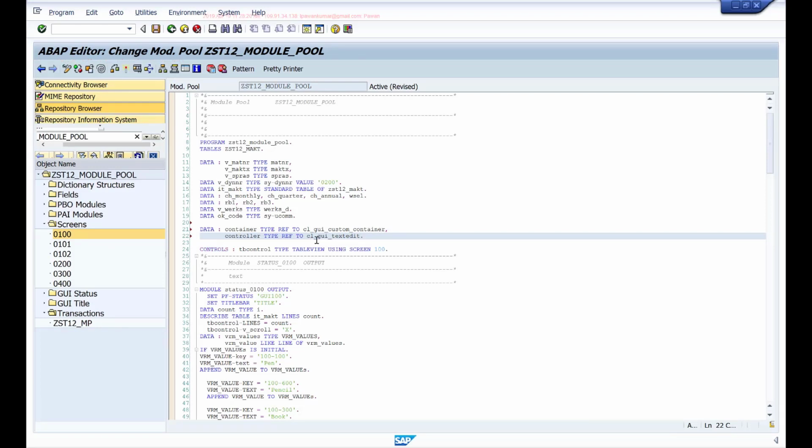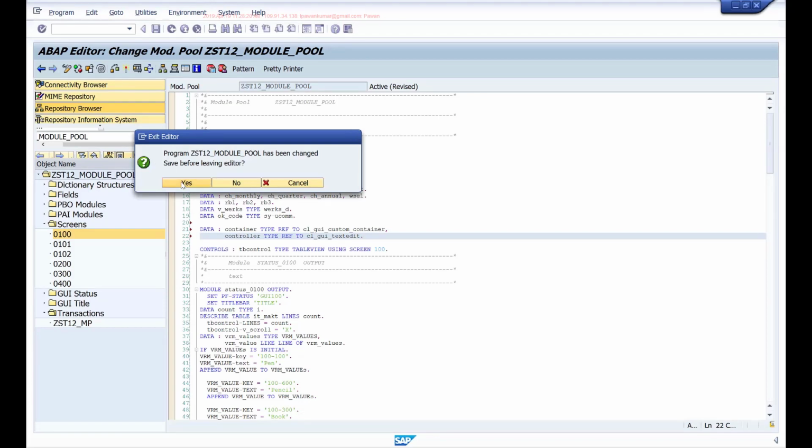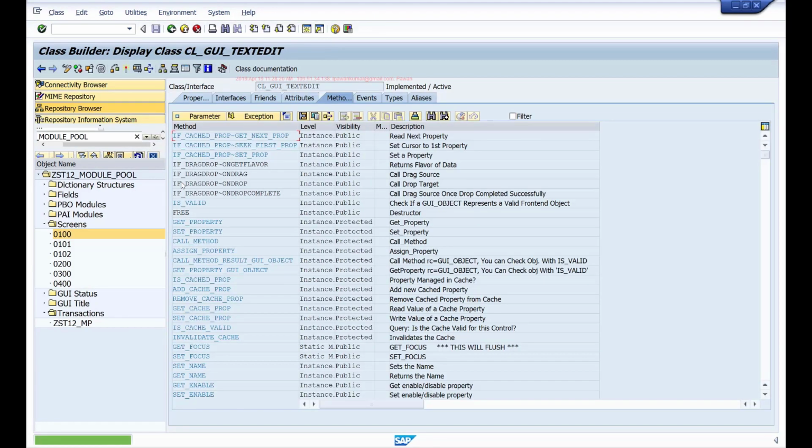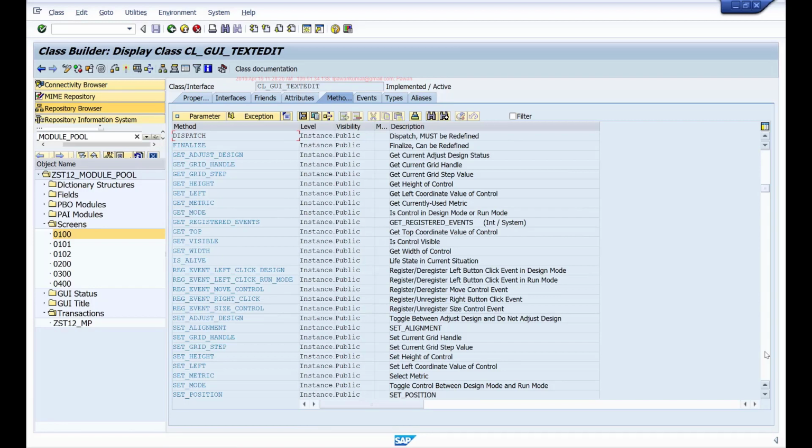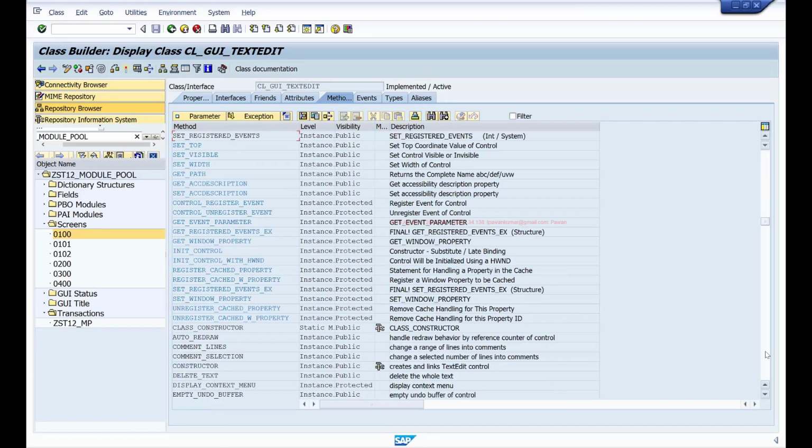If you look at the CL_GUI_TEXTEDIT controller class, there is a method. Using these different getter and setter methods, you can control various things like the height of your editor, width of your editor, etc.